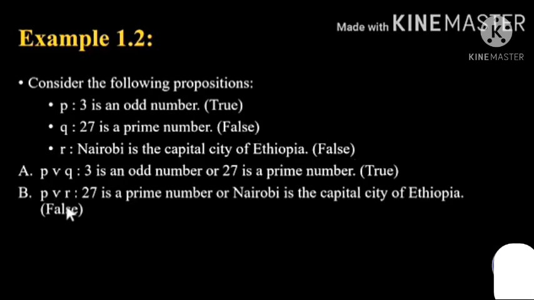P is true, right? And this is false. Okay, ቀጣዩዋን Q ብላችሁ አንብቡልኝ. Okay, this is Q because we say 27 is a prime number ስላለን Q or R which are false and false ስለሆኑ the logical disjunction result ያመጣነው ደግሞ ምን ይሆናል? false ይሆናል ምክንያቱም ሁለቱም false ስለሆኑ ማለት ነው።